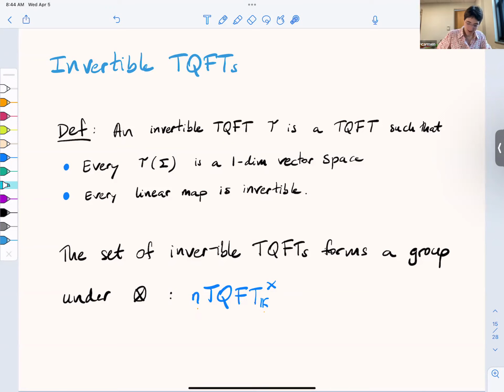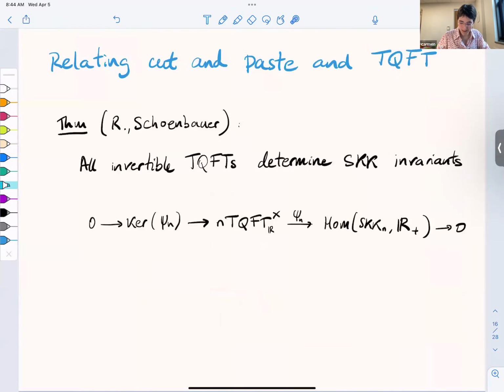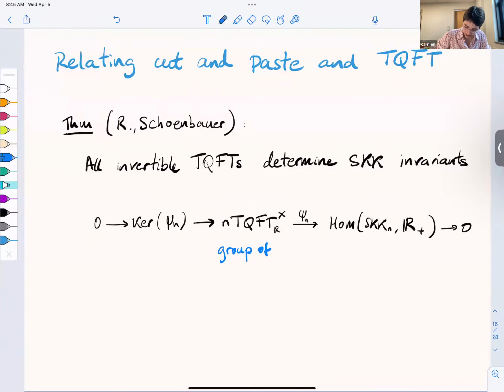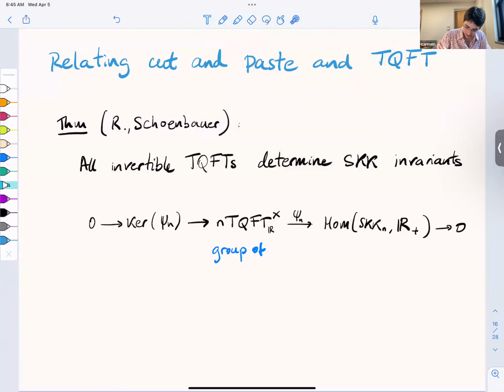And that's very useful for us because now I'm going to be relating groups via a certain short exact sequence. This is now part of my work with Schoenbauer. Here in this short exact sequence, we see in the middle the group of, let me actually write it down, n-dimensional, that's what this little n stands for,